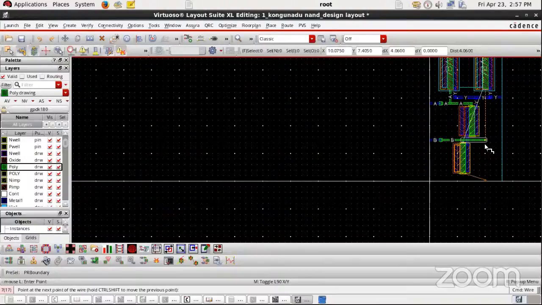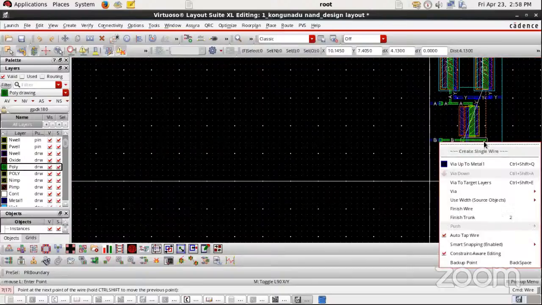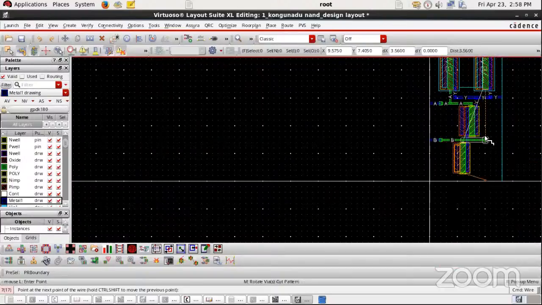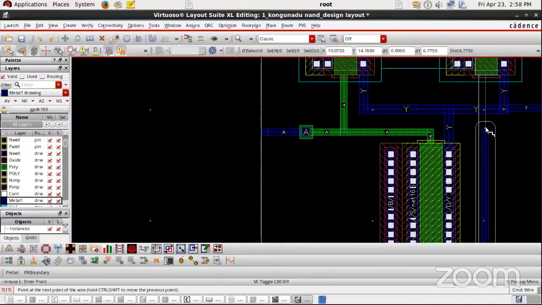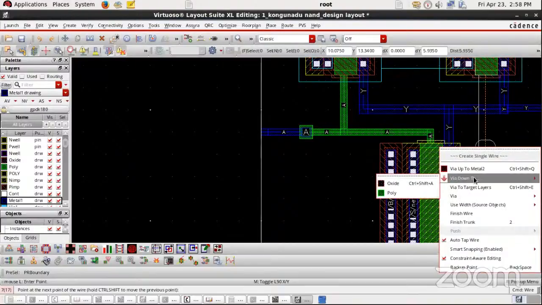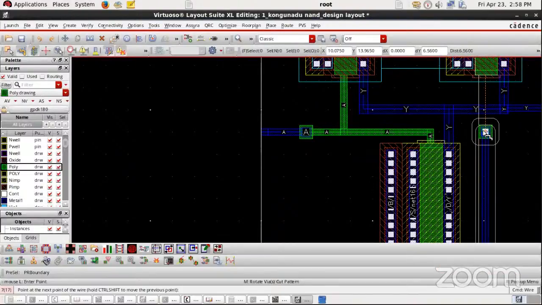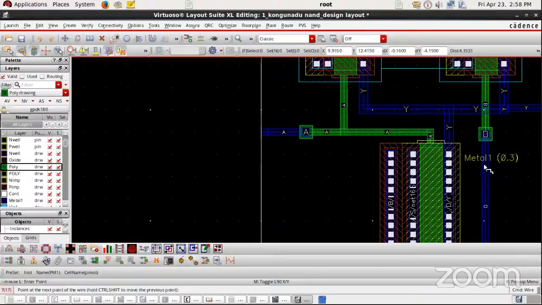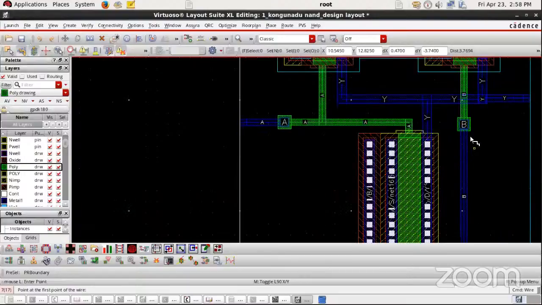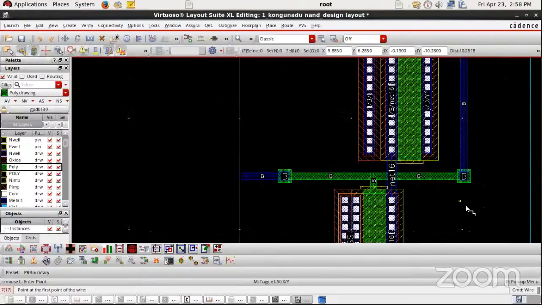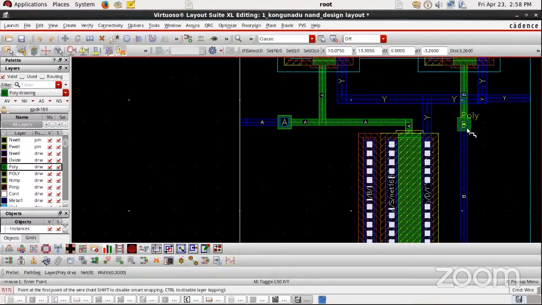Okay, and I can drag it to a certain distance. In case you are trying to reduce the amount of polysilicon, what we can do is make a right click, go for wire down to metal one, start the connection, and then come back to wire down to poly. You can place it over here and complete the connection. So you have avoided so much of polysilicon over here, but on the other side you have included two